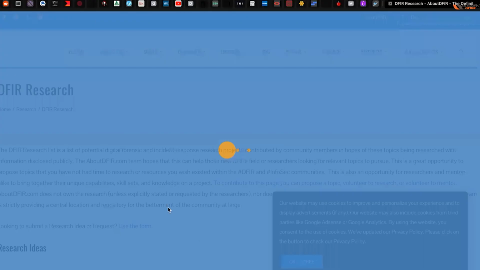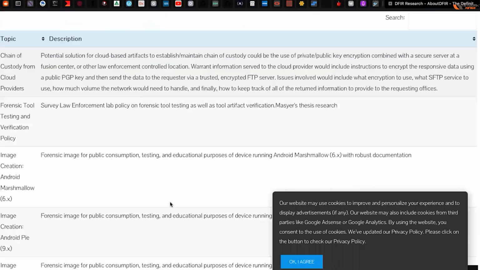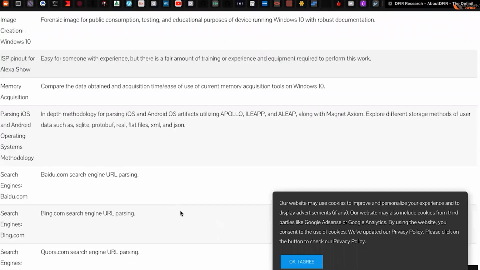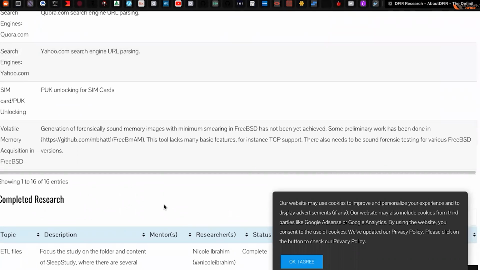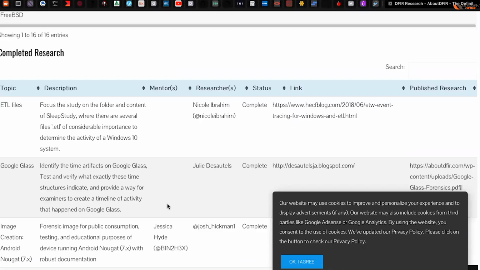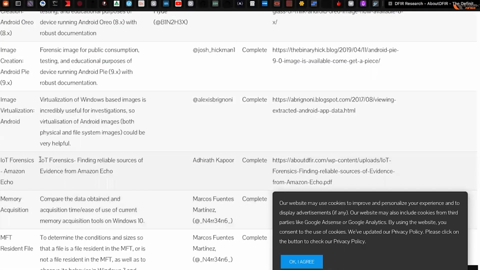I myself published a case study on Amazon Echo, security analysis of Amazon Echo. Okay, it's right here. You can see this, IoT forensics, finding reliable resources of evidence from Amazon Echo. This has been written by me, Adhirath Kapoor. It's also there on Google Scholar. It's available for free. You can read it from IEEE, or you can also refer to this article.